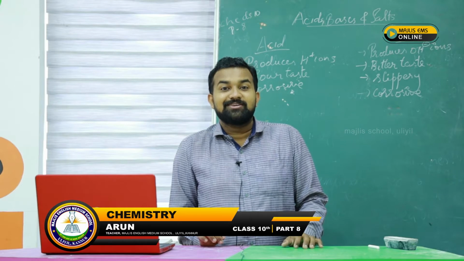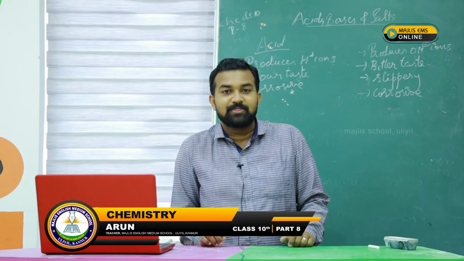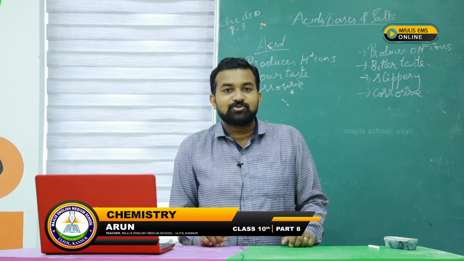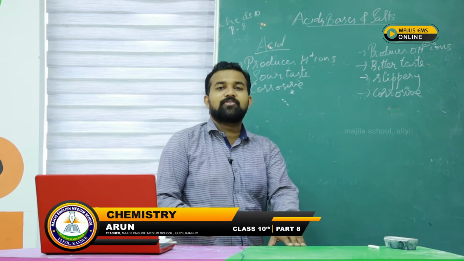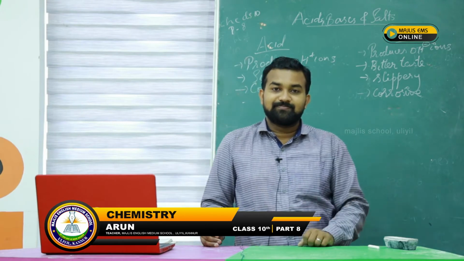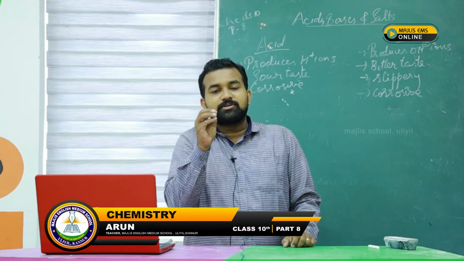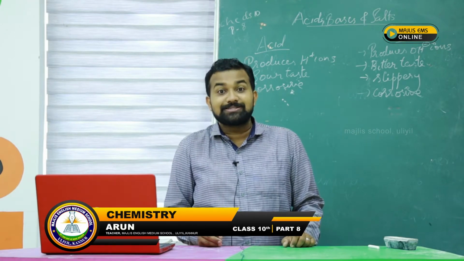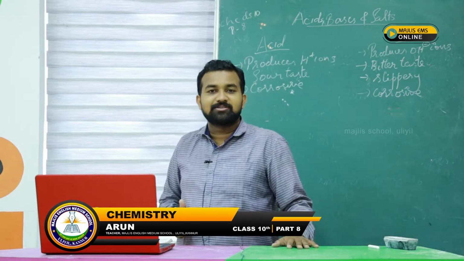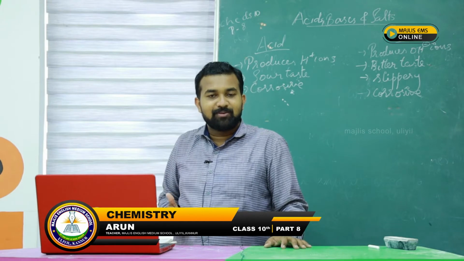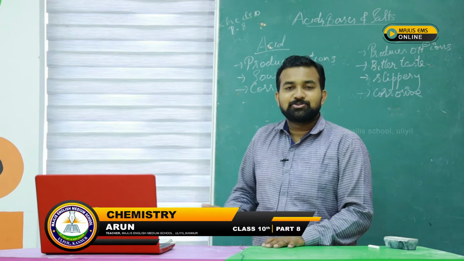We use acetic acid in the vinegar which we use in our house, the vinegar for cooking, etc. So the vinegar is diluted acetic acid. 6% of acetic acid in water is vinegar. Then all the fruits are having acid in it. Natural acids are present in fruit. In our stomach, in our body, we are having hydrochloric acid. Can you imagine? The acid is there inside our body in order to help the digestion. So we are dealing with acids in our day to day life.